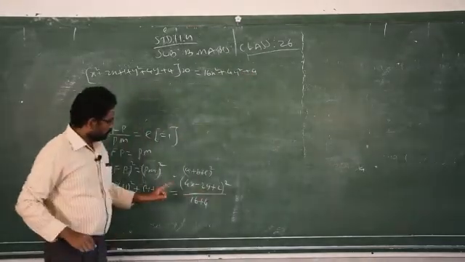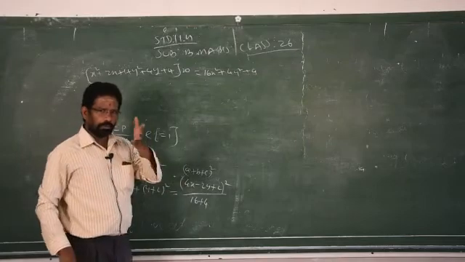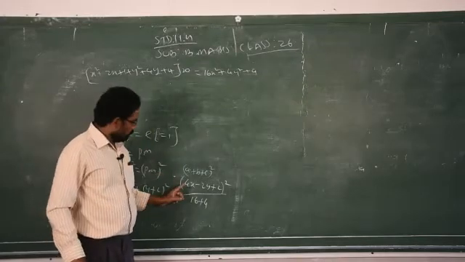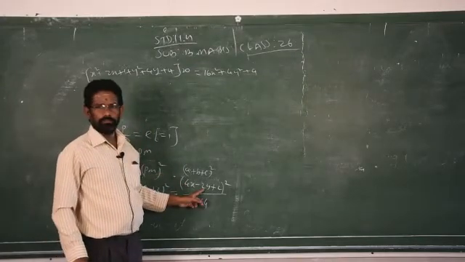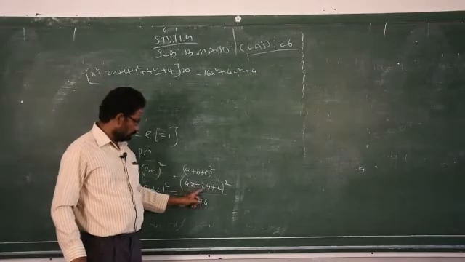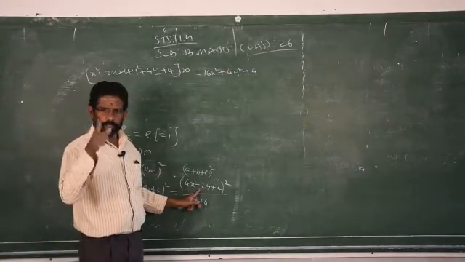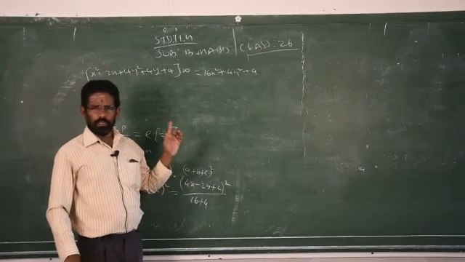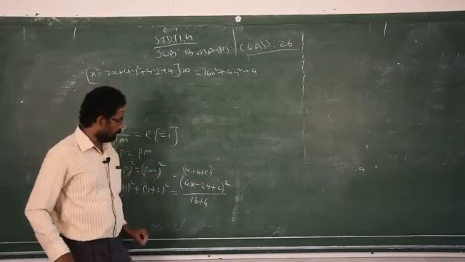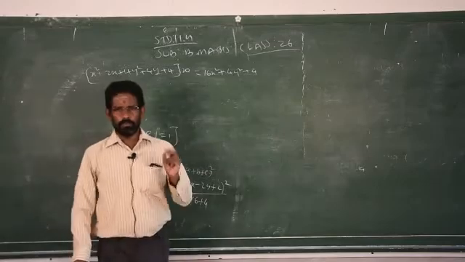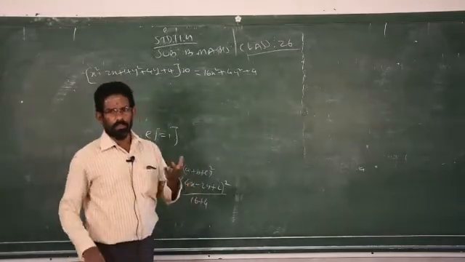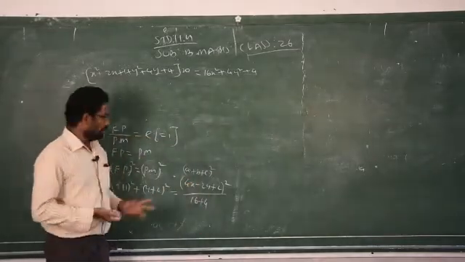Then you have to multiply that. How to remember the formula, I tell you now. You multiply the first two terms with the sign, and that result should be multiplied by 2. Otherwise, you have to memorize the formula: a square plus b square plus c square plus 2ab plus 2bc plus 2ca. Clear?